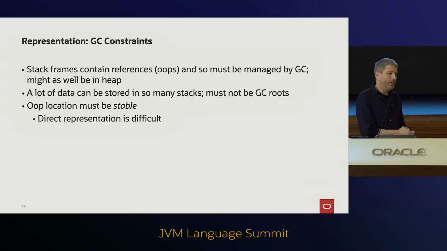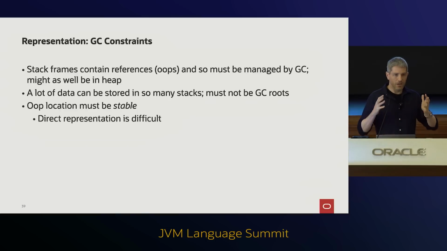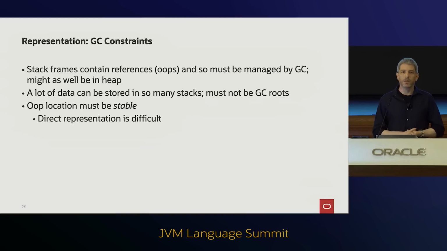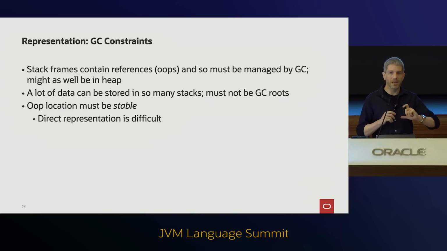The most technical point, which proved to be the most challenging, is that GCs have this invariant that oop locations must be stable. What does that mean? Inside an object, we can have oops and we can have primitives. So we can have a class that has an int and a string. And the GC requires that inside an object, the position of the oops must not change throughout its lifetime. So the GC knows where the oops are, but once it knows that, say, the offset 4 from the beginning of the object is an oop, there must always be an oop there. There must never be a